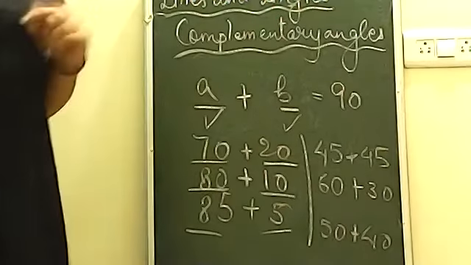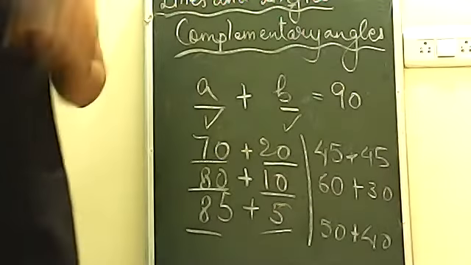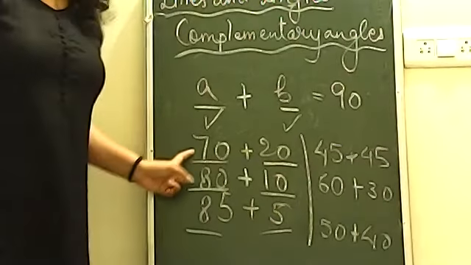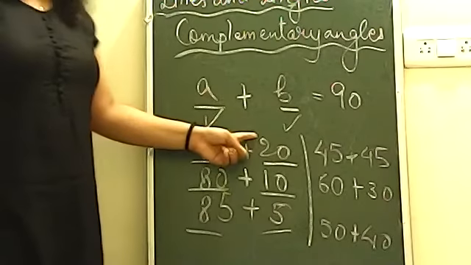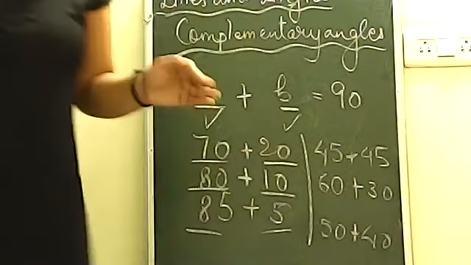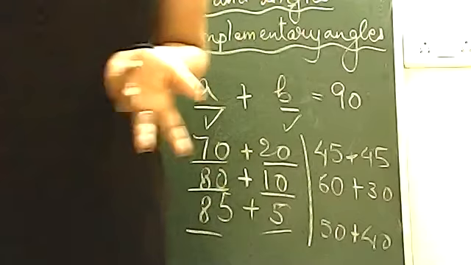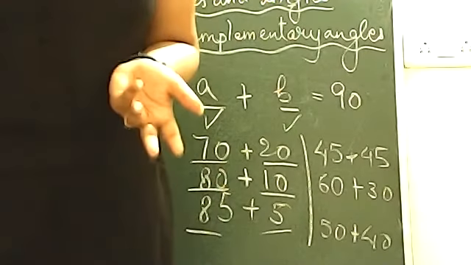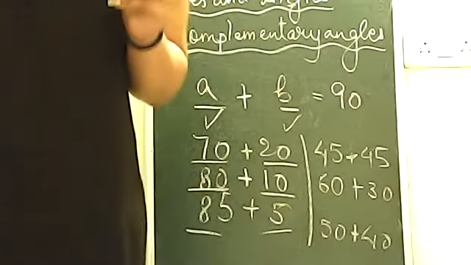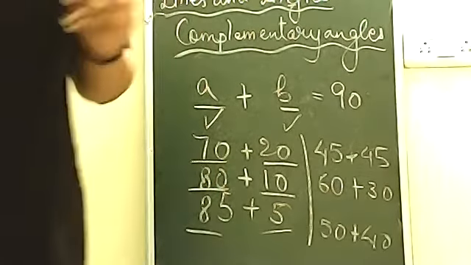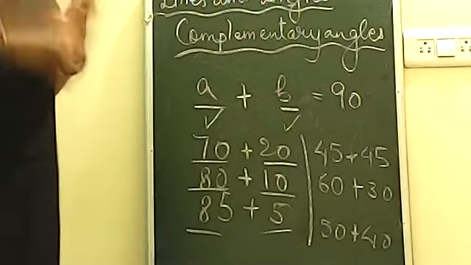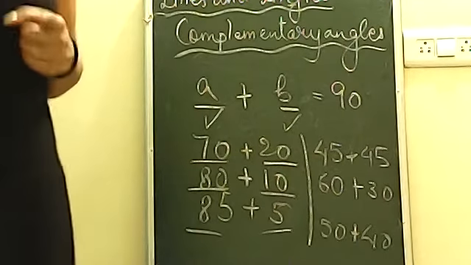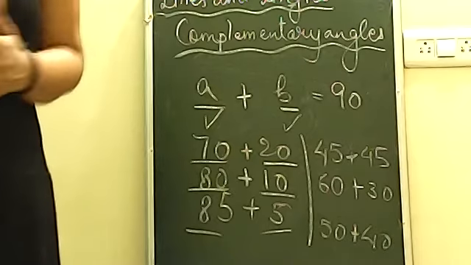Second thing, I asked, can we have a right angle here? Now let's see. If you take a right angle, that is 90. If the other angle you take 0, then the sum is not formed. The other angle will be at least 1, because you have to take the pair. So the pair cannot be 0. It should be at least 1 degree. And if you take one as 90 and the other as 1, then 91. Again the sum will exceed 90.